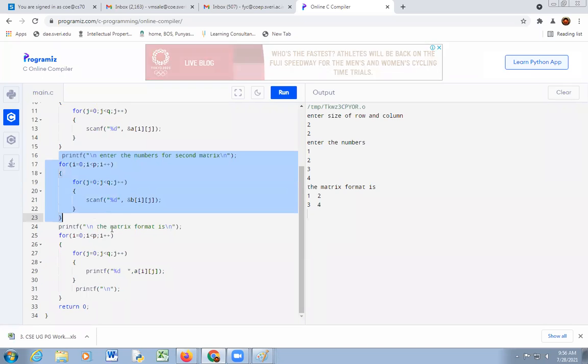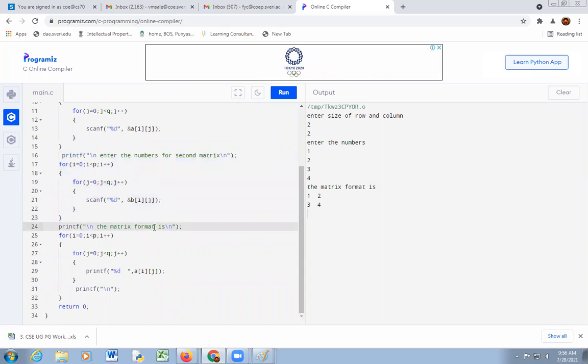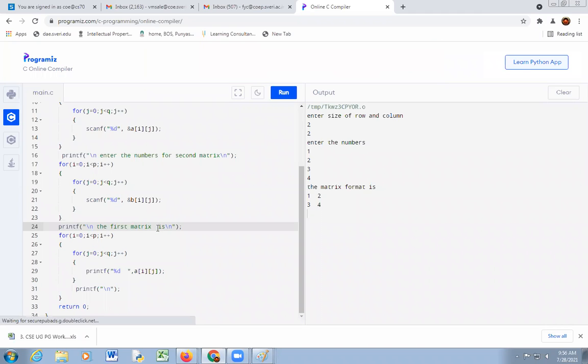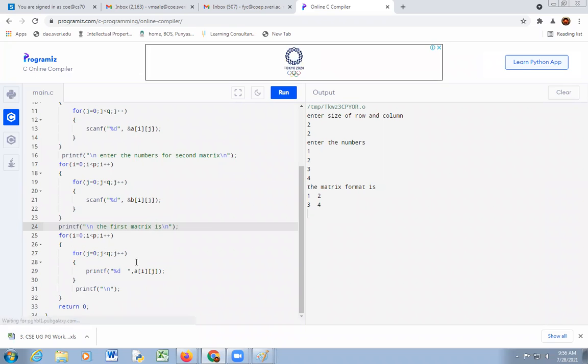So the first matrix is, for i equal to 0, i less than p, i plus plus. For j equal to 0, j less than q, j plus plus.